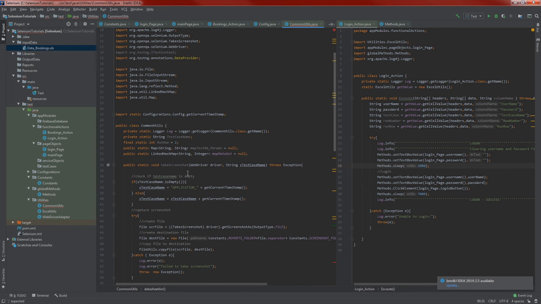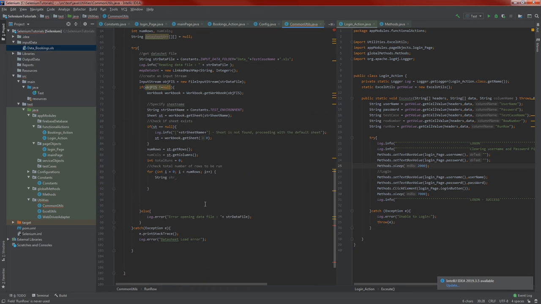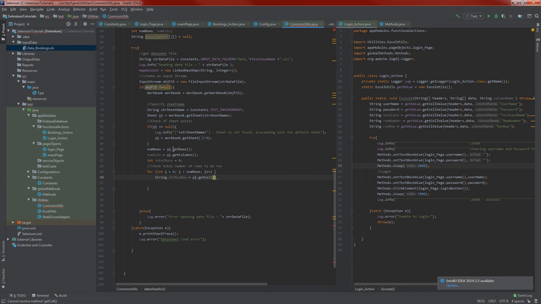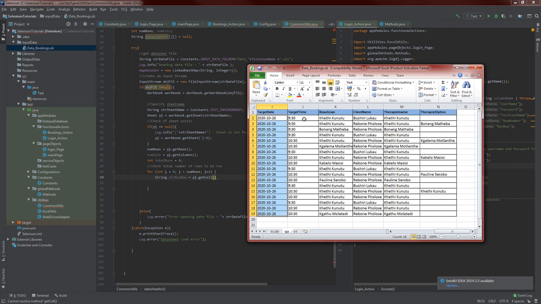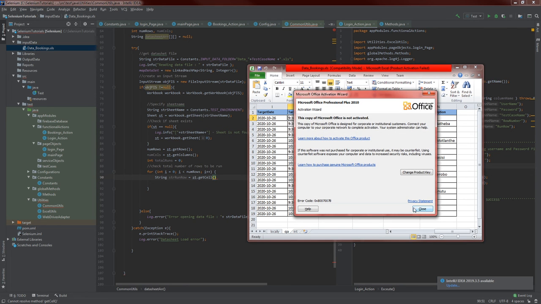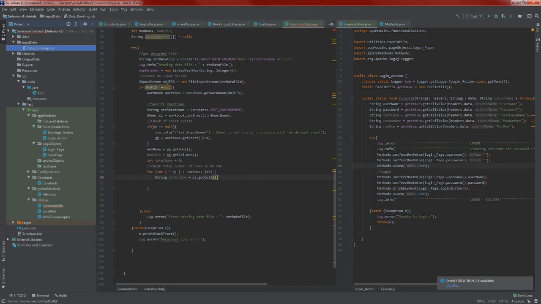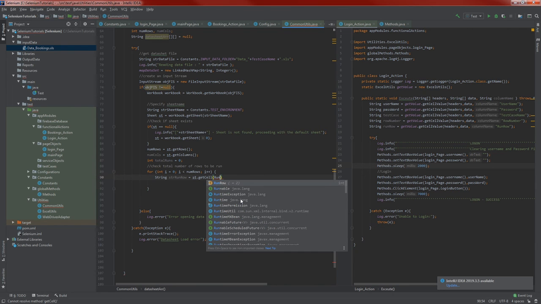I think I have it. Okay. String dot. So we get in this cell because this is our identifier. This one here. We need this one, 0, 1, 2. It's the second row named run row. So run row,